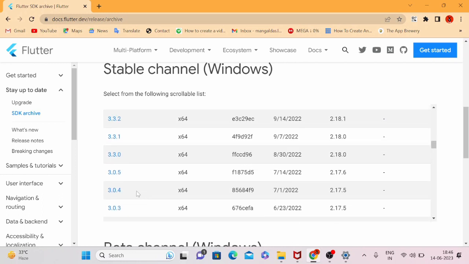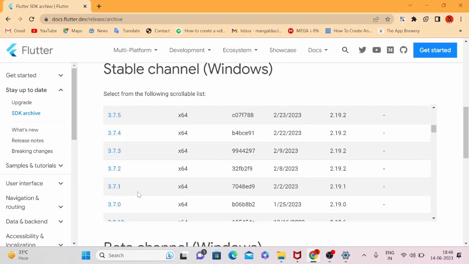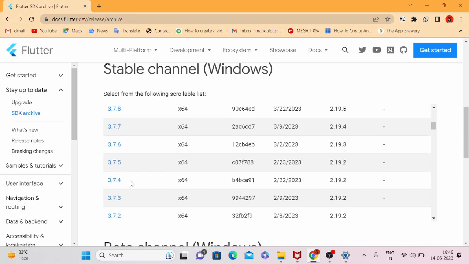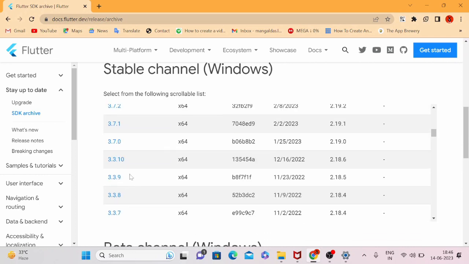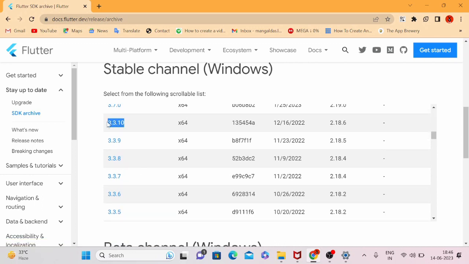3.3.10. If I just scroll down, I'll get that one. I was using this version of Flutter, 3.3.10. But in my product, I wanted to add another feature which required me to add one particular dependency from pub.dev. While adding that pub.dev dependency into my project, or into my pubspec.yaml file, it asked me to upgrade the Flutter